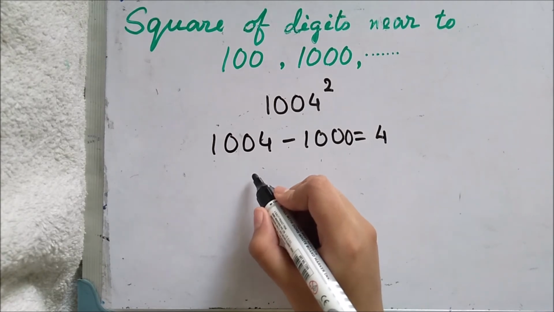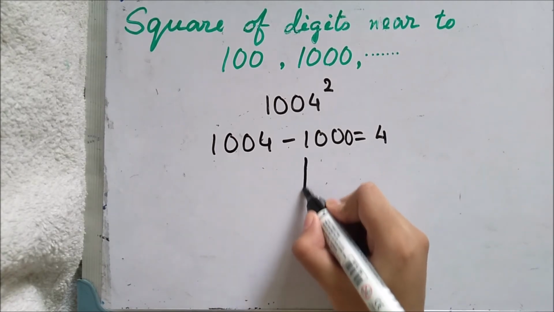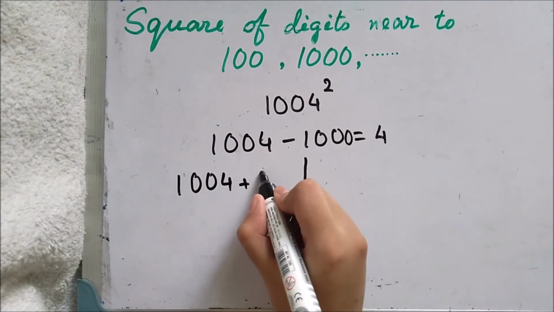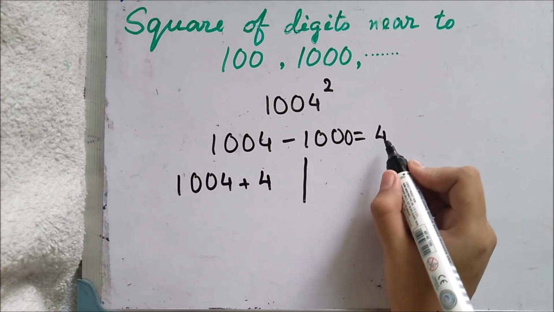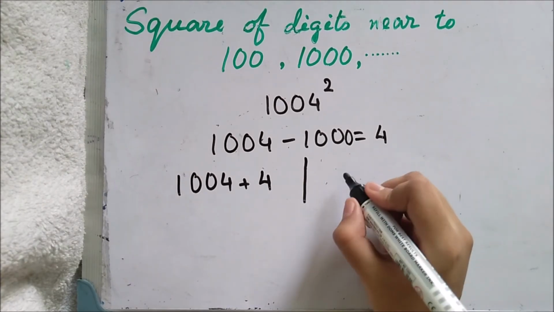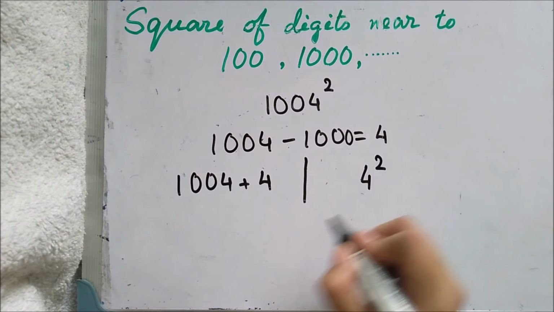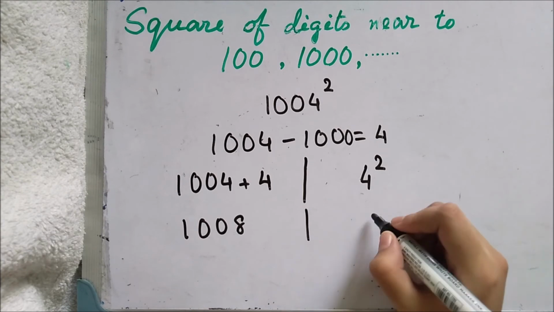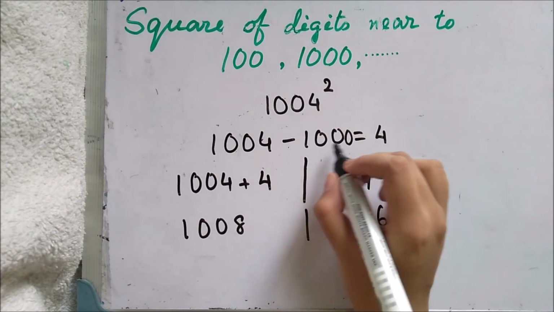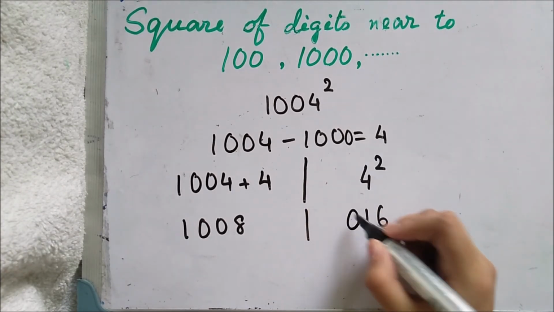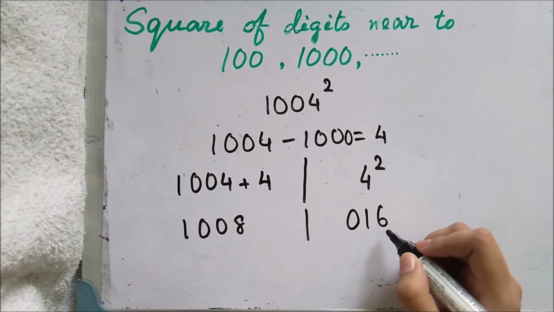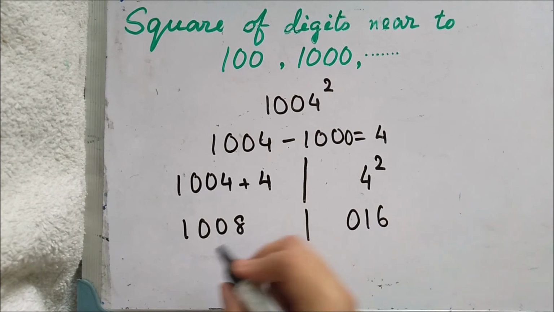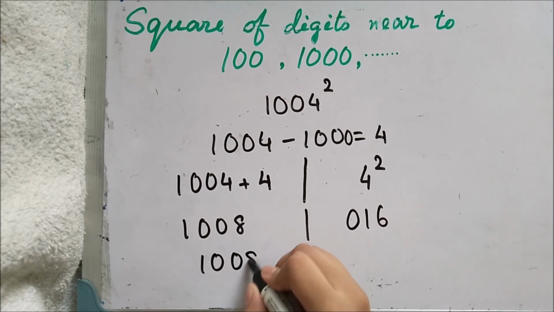Our second step, we know it will be of two different halves. This time we will add 4, since 4 is the excess, and 4 square. So it is 1008, and we know 4 square is 16. Since we had taken 3 digits, hence it will be 016. 6 will be the unit place, 1 will be of 10th place, and 0 will be of 100th place. Hence our answer will be